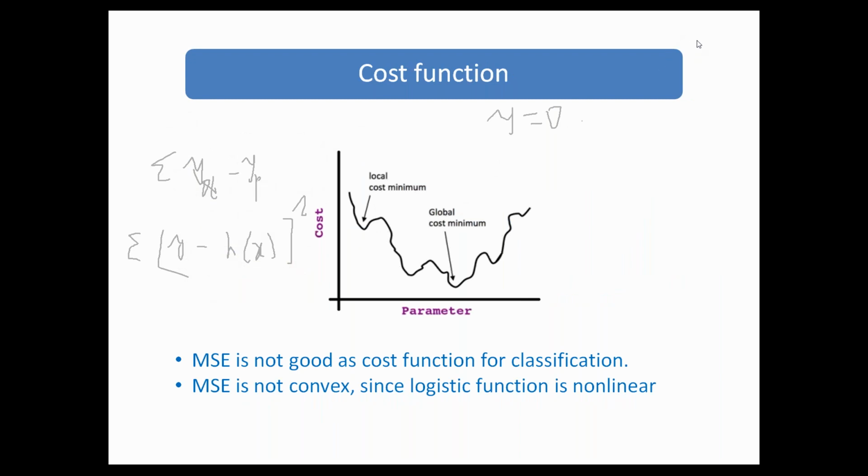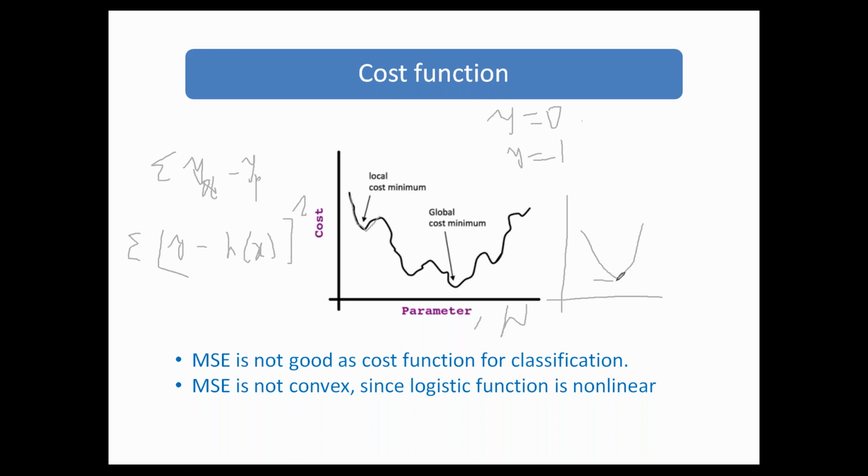Because y is 0 or 1, these discrete values matter. If you take the MSE, the cost function with respect to the parameters, that is weights or coefficients, if you plot cost versus coefficients, it will be something like this. Whereas in the case of linear regression, the cost function will be like this. Because the hypothesis function is different, here the hypothesis function is non-linear. You are taking the logistic function as the hypothesis function. So these parameters will not give this kind of line.